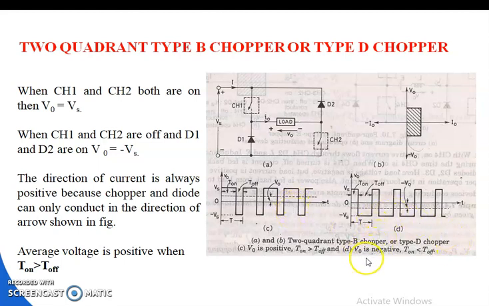Similarly, in that case V0 will be negative, that is, the on time will be less than the off time. So this one is the source voltage Vs waveform, this one is the Vs line negatively, Vs line positively, and this one is the on period, this one is the off period, and the V0 curve is drawn for the load voltage V0 with respect to time T.